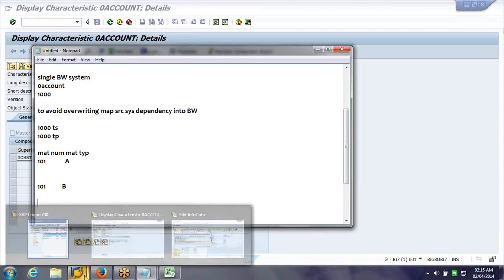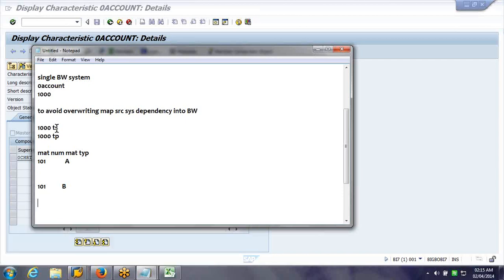Also, that's what I am saying. Chart of account I am getting as an attribute. So it would get overwritten. What we have understood is that if you get it as an attribute, there is no point, because an attribute is not part of the primary key. But in our case,